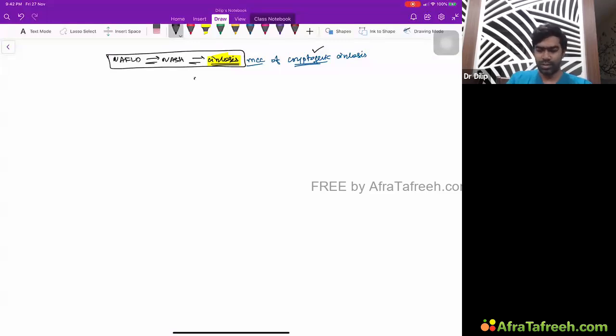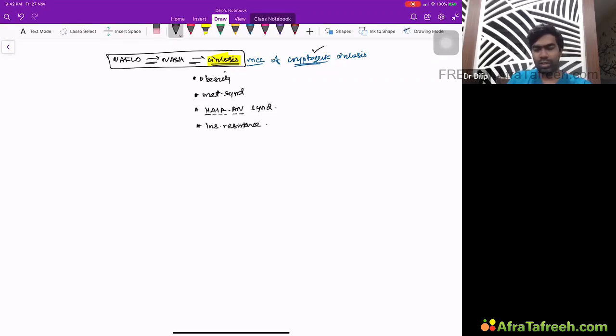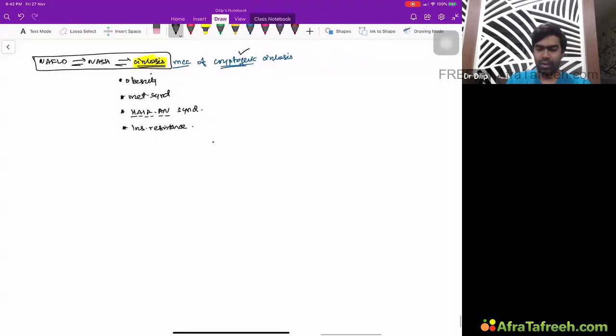It is usually associated with obesity, metabolic syndrome, or features of metabolic syndrome. Then there is something called Hair-An syndrome. Everyone would have known this. Hyperandrogenism, insulin resistance, and acanthosis nigricans is what we refer to as Hair-An syndrome, and any condition that produces insulin resistance can be associated with non-alcoholic steatohepatitis. How will you diagnose NASH, or any spectrum of non-alcoholic fatty liver disease? Number one is absence of significant alcohol use.